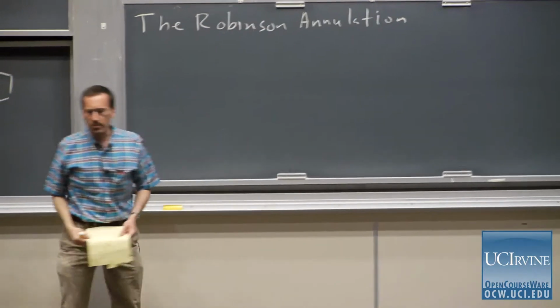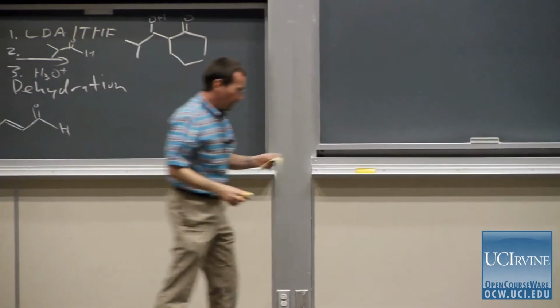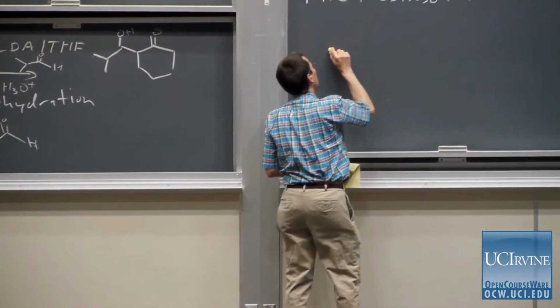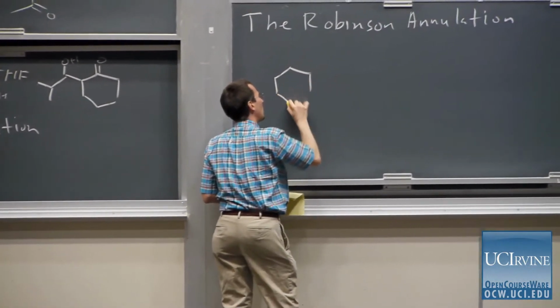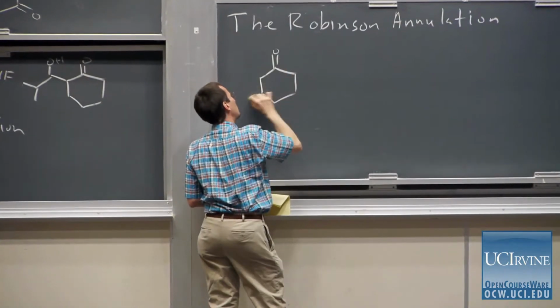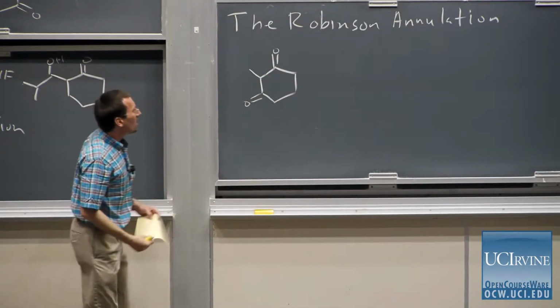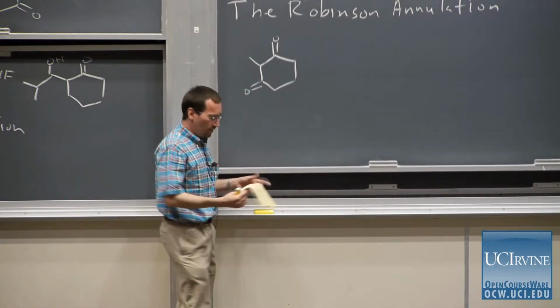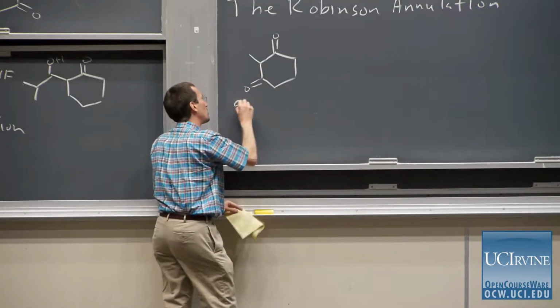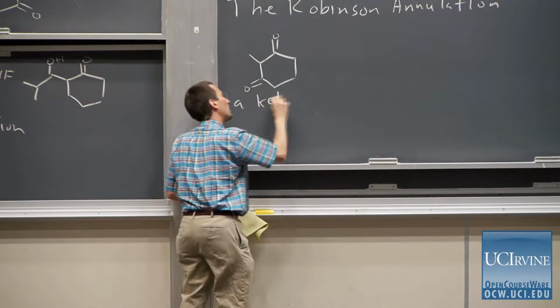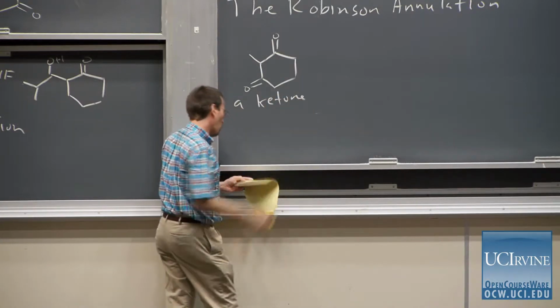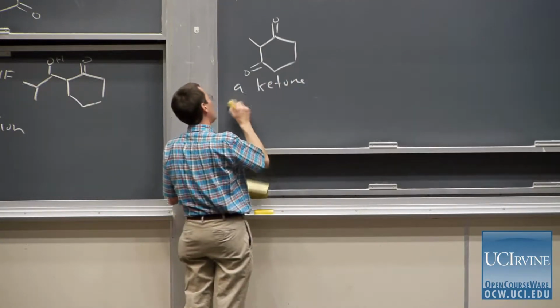And I'll start with a specific example of this particular ketone, 2-methylcyclohexane-1,3-dione. And I'll say in general, let's say in general, a ketone or a 1,3-dicarbonyl compound